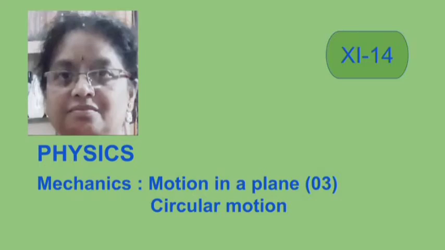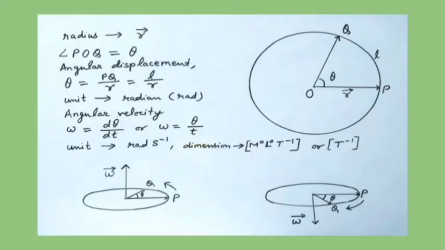Hello students, in the lesson of motion in a plane, we did projectile motion. Another example of motion in a plane is circular motion. When an object moves about a circular path, its motion is called circular motion. Let us consider an object moving along a circular path of radius r in anti-clockwise direction with center O as